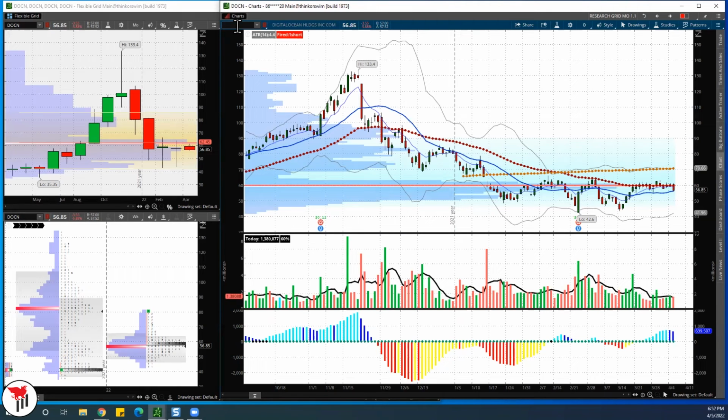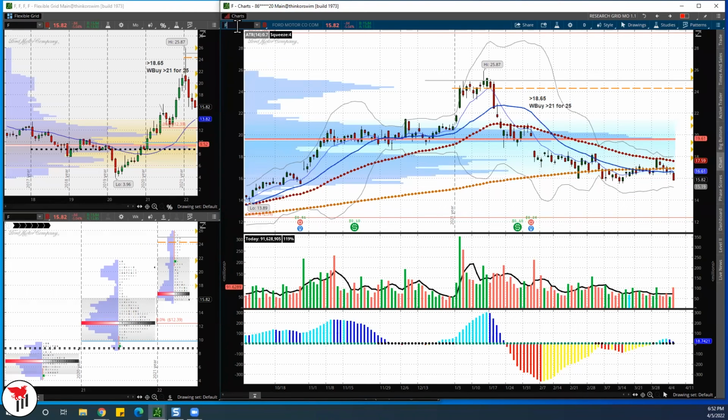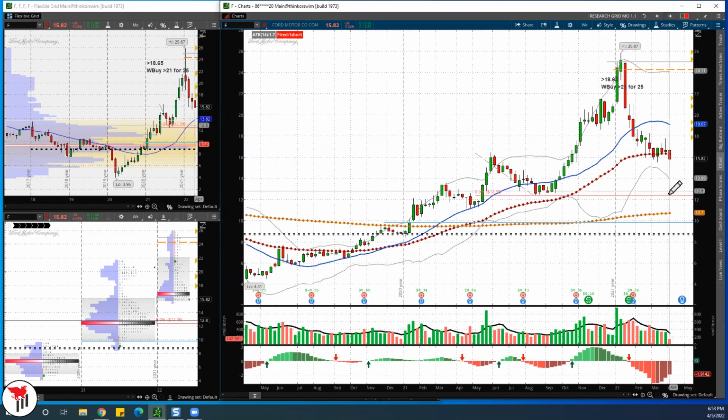Let's see. Oh, the cars, the real cars, the other cars. So we were waiting for that monthly buy setup. The monthly buy is 18.65. I'm gonna keep it 18.65 for Ford. And if not, now we're trading 15.82. So it looks like everybody that bought this year is underwater. So can we see 12? My God, what happened to Ford? So here's our entry to the long side. Keep it there. Ford over 18 bucks.